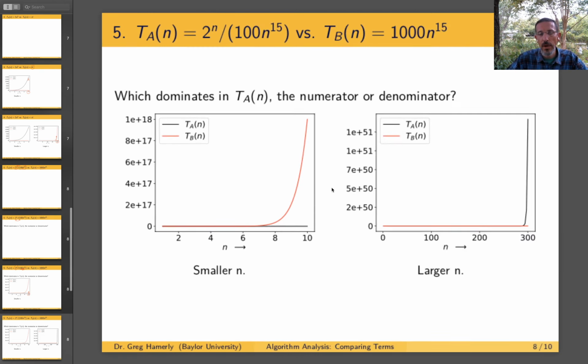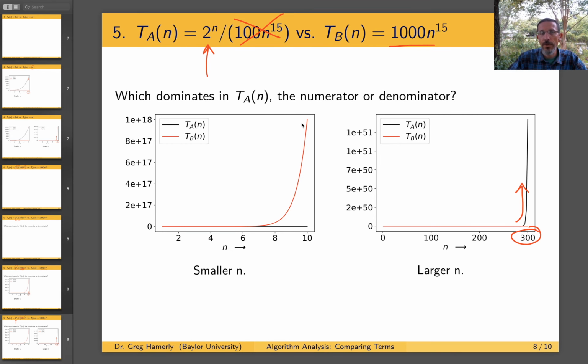But as we go up to larger values of n, like up to 300, notice that the exponential 2 to the n takes off and dominates from then on. Okay, so clearly this exponential is the key thing to worry about here. This doesn't really matter for large values of n, and exponential growth certainly grows faster